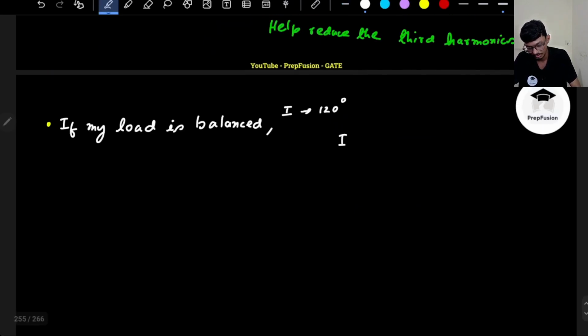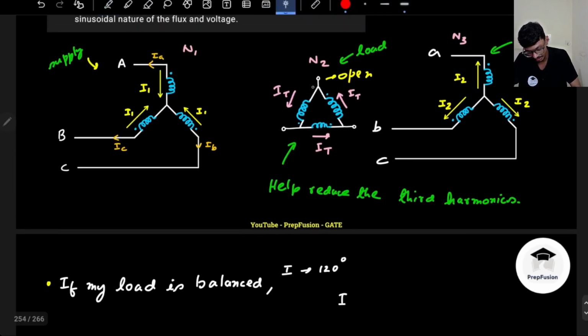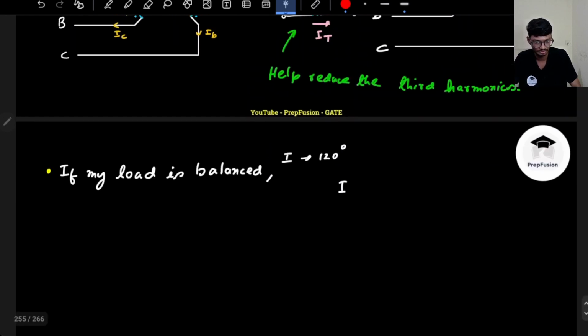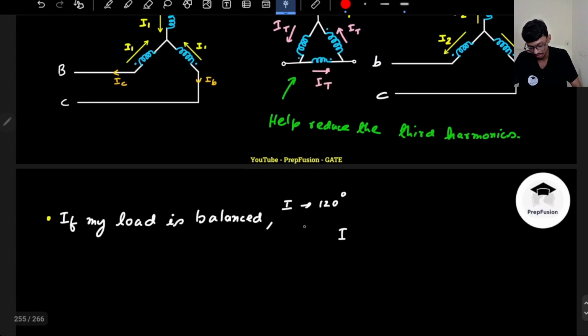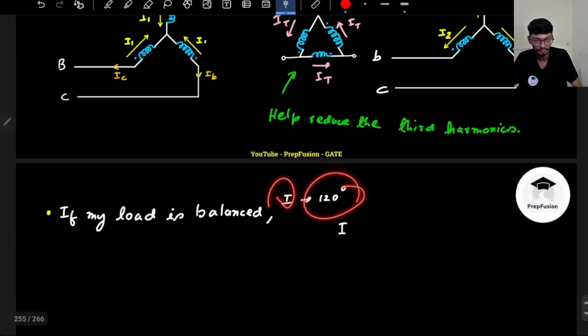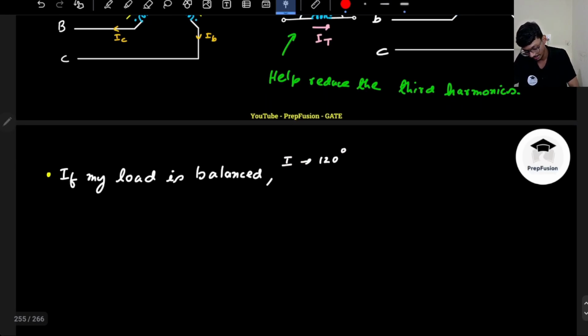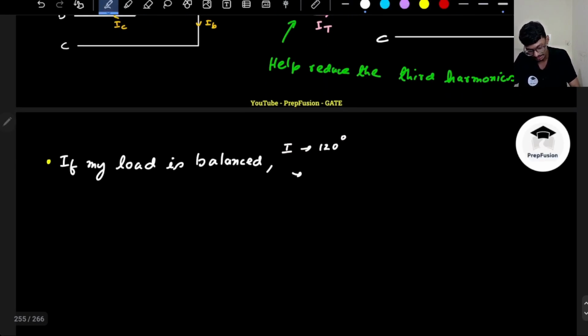Is it possible? What I am saying is whatever current is going through here, the same current will flow through here, right? Because it is open ended. So it is not possible, because this current is the same as this, but here you are saying that the magnitude is the same, but they are phase shifted by 120. Not possible. So I can safely say that in tertiary winding,